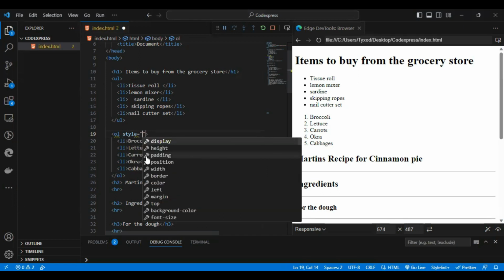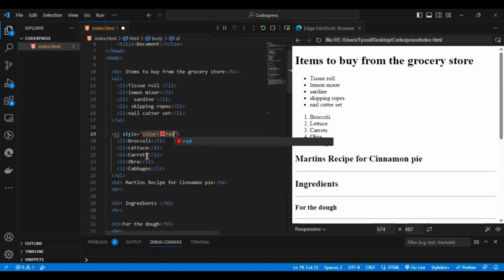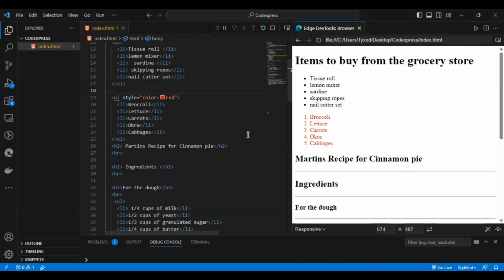And color is equal to red, and I save. Now everything here from broccoli, lettuce, carrots, okra, cabbage, I'm saying they are going to change their colors to red. So everything, broccoli, lettuce, carrots, okra, is going to change the colors to red. If I want to style this as a